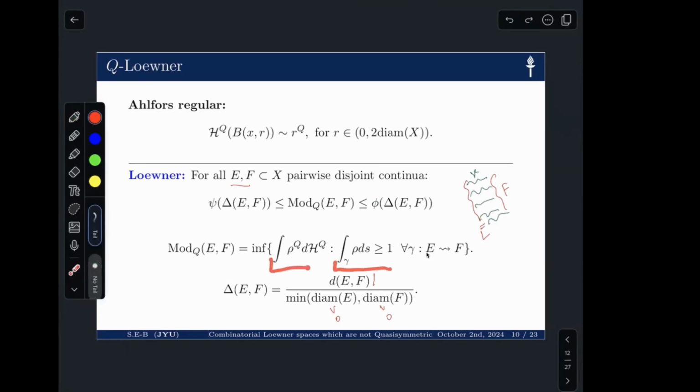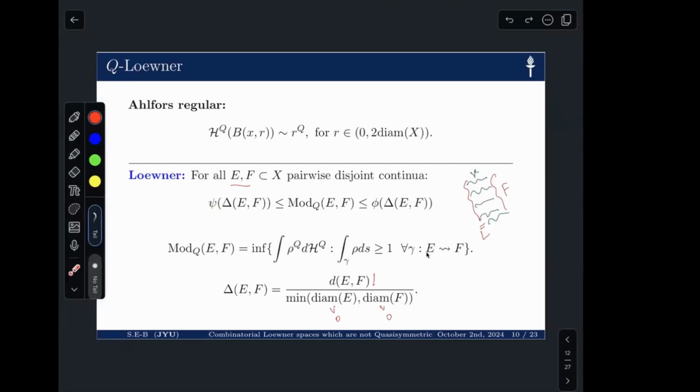The functional that we're optimizing is the Q integral of rho with respect to the Hausdorff Q measure. That's the measure I'm implicitly using here. And then there's a condition that for all curves, the curve integral of rho is bigger than 1. So we minimize, subject to the integral over curves being at least 1. So, okay, the Loewner space, you have this condition, and this allows Heinonen and Koskela